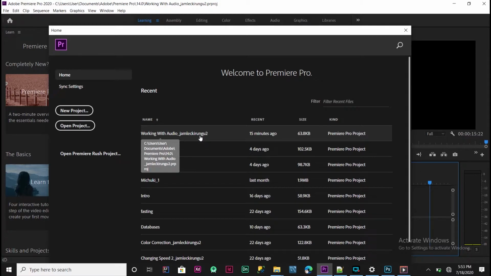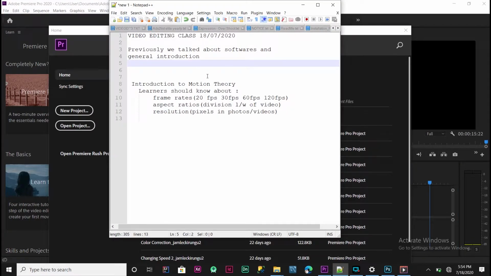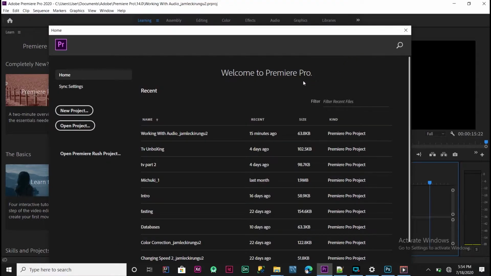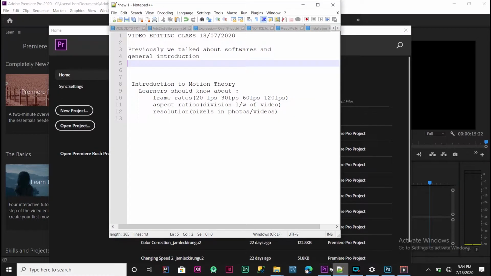Previously we learned about software. I introduced more about software which you can use to edit videos. We have Premiere Pro, Adobe, DaVinci Resolve and many others. Today I wanted to learn about frame rates, aspect ratio and resolution. But before we learn about them,